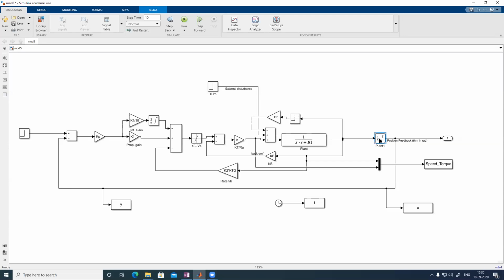Whatever you are changing, you run it. Then it will store in the workspace, and then you plot it and you will get it. If you are not running, the earlier value whatever it is will be available in the workspace, and that will only be plotted. So if you change something, you have to run it. If you change again, you have to run it again. Otherwise, the previous value only is displayed. I have seen some videos where somebody is testing the earlier saved values; that is the purpose. If you are not running, it will only display whatever you saved earlier.